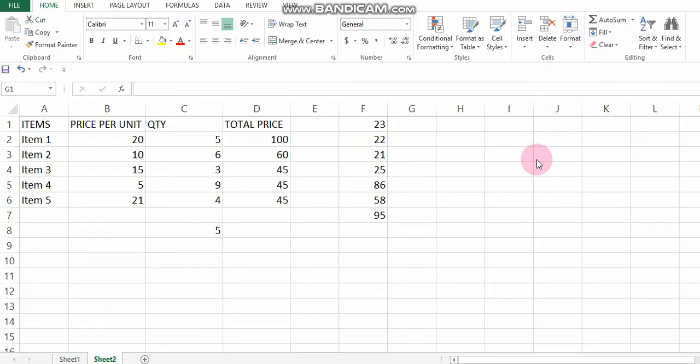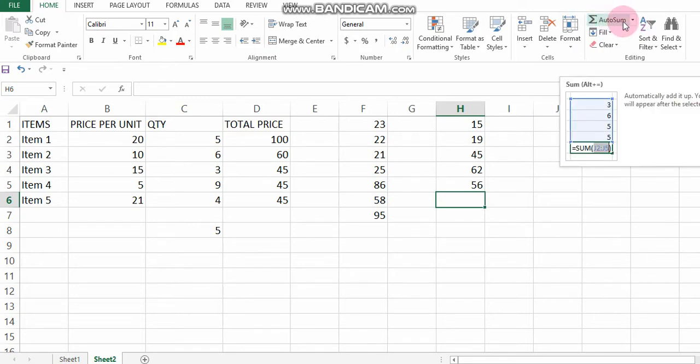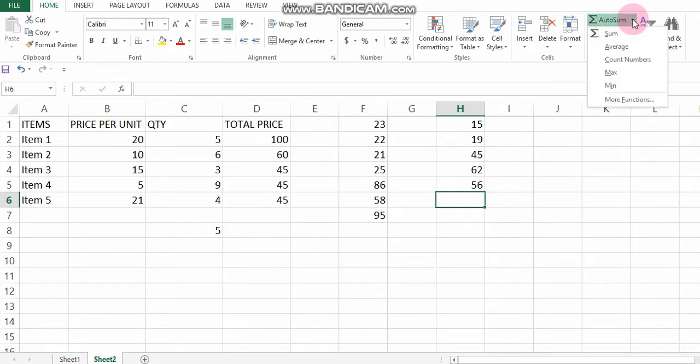So to understand auto sum, let's write some values here. Suppose I am writing like this, some values I wrote. Now if you can see my pointer, this is called the auto sum button. I have told you about it in the previous video also.